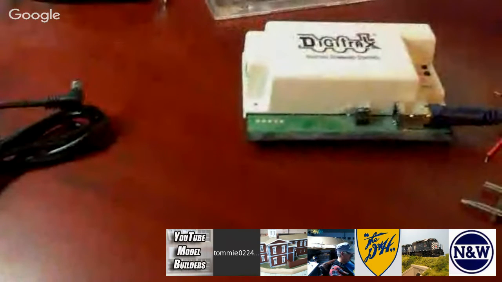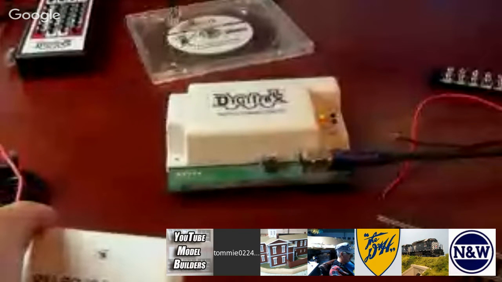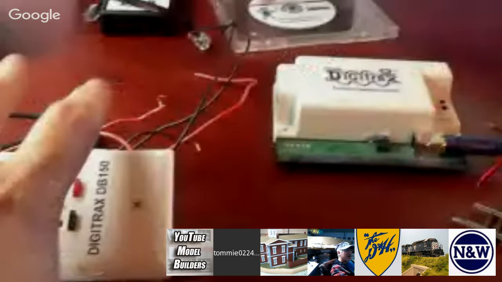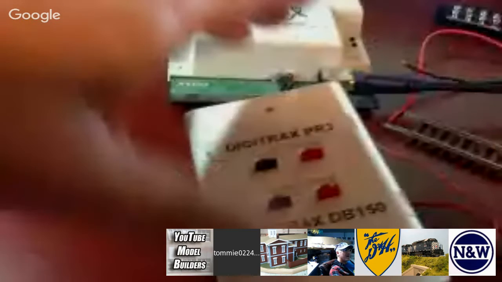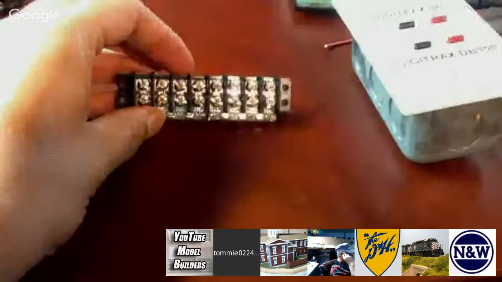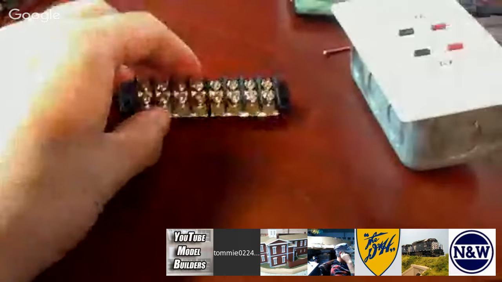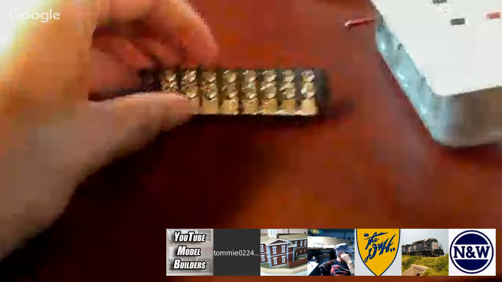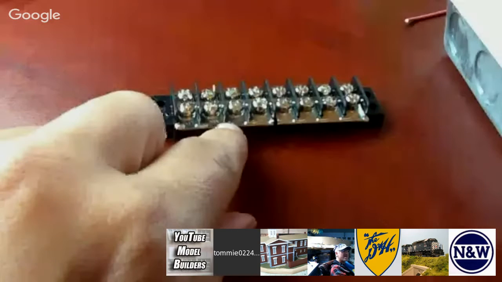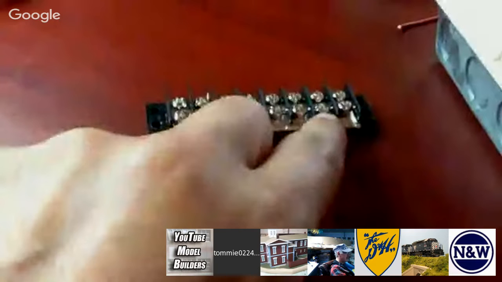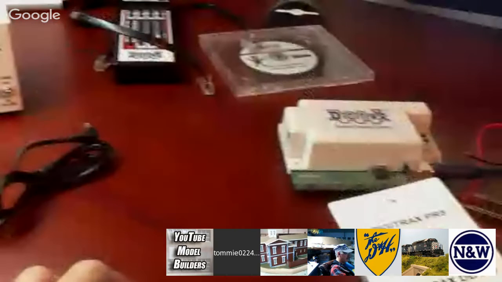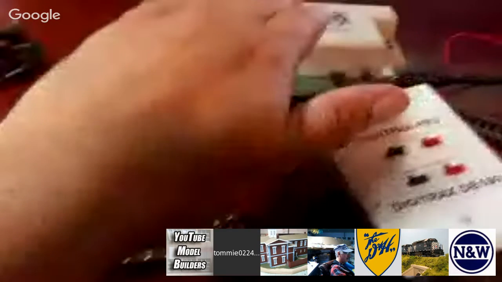Now, one of the things that I did do at my layout is I had another one of my props here. I had a distribution box here, and basically you can get these at Radio Shack. These are blocks, and I have a little bus that runs along here, and I have a little cut here in half so I can separate the polarity. I had red on this block of 8 and black on this block of 8. But basically what I did was you can have the black and red wires from here go to a